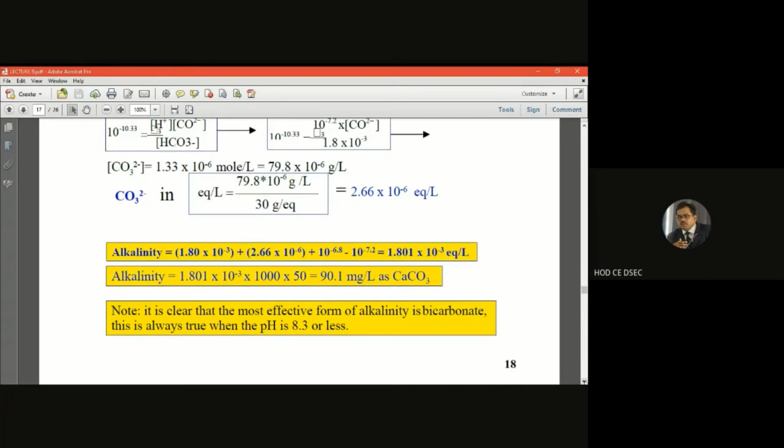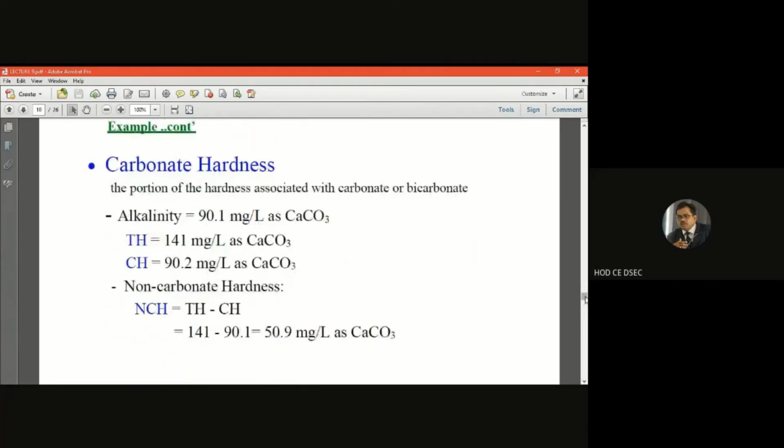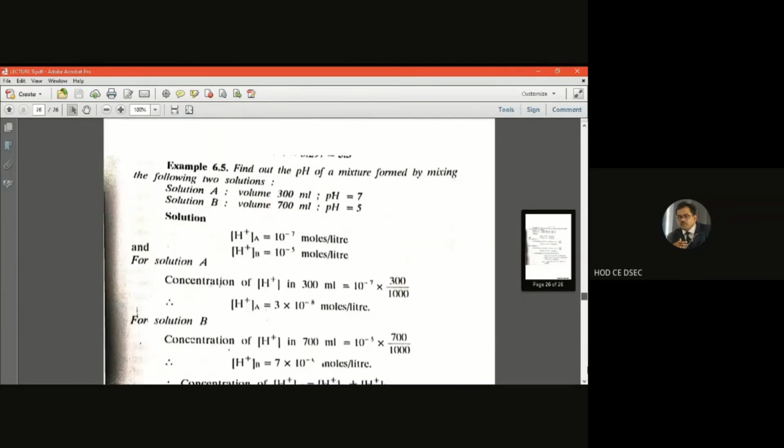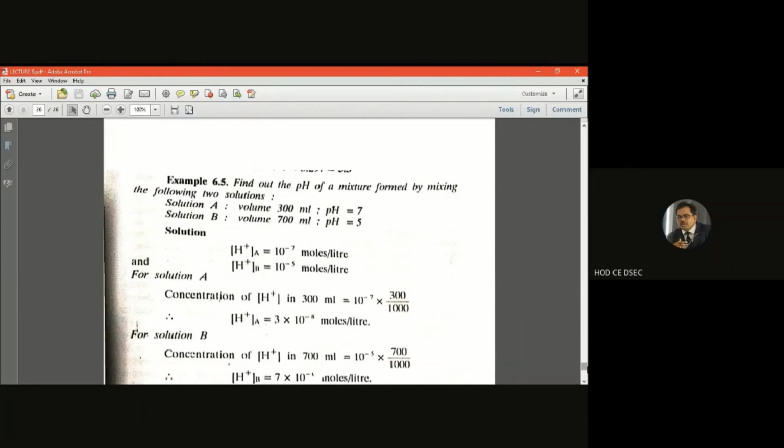Next, the numerical sums of the different parameters which you discussed in the last lecture, class 8, I will discuss, that is on the pH. Problems on pH very often come in your semester, in your competitive exams, as well as in MCQ questions. So pH is very, very important for the numerical sums in your environmental engineering topic.